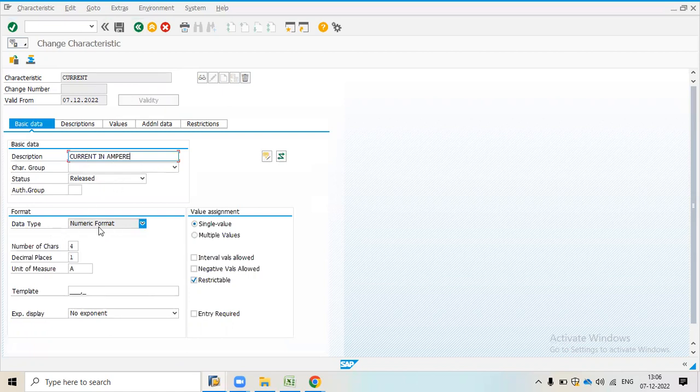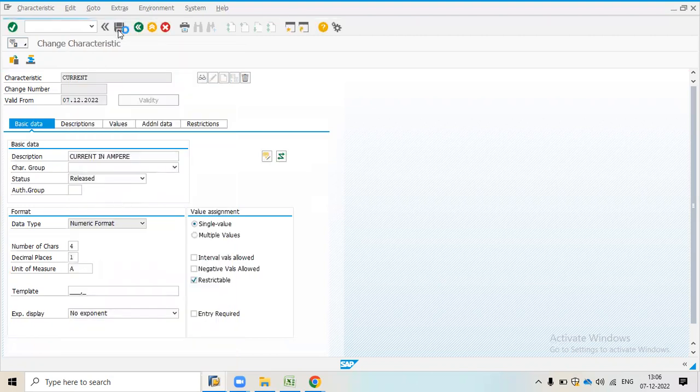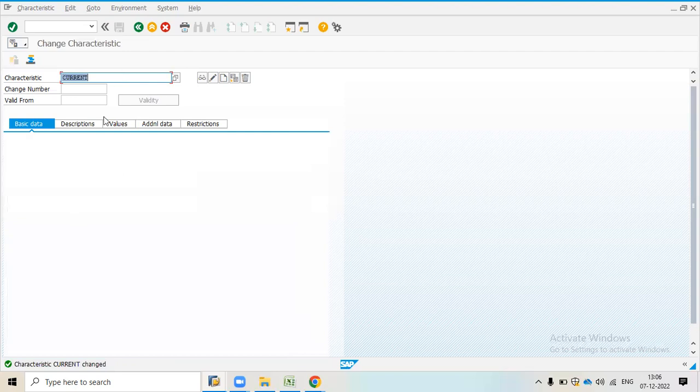After that, data type will be numeric format, number of characters 4, decimal point 1, and unit of measurement ampere, and you can see from here A stands for ampere. After that we can save it. This is how we have created current as a characteristic.